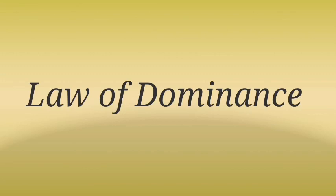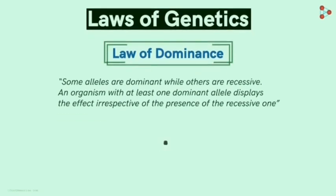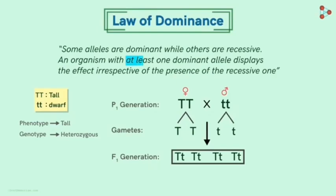And from this observation, Mendel postulated the law of dominance. The law of dominance states that some alleles are dominant while others are recessive. And the character which gets expressed in the presence of its contrasting trait is termed as the dominant trait, and the trait which remains unexpressed in the presence of its contrasting trait is termed as the recessive trait. It needs at least one dominant allele, which means if one or even both the alleles are dominant, then we get